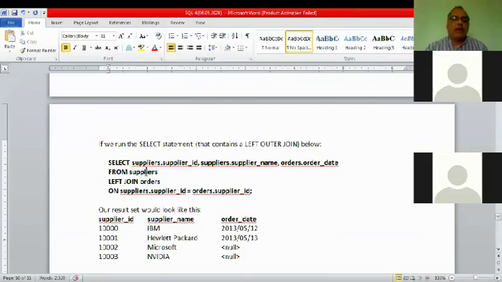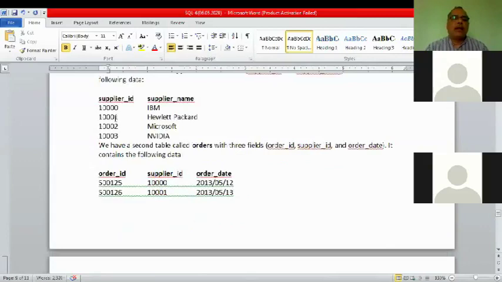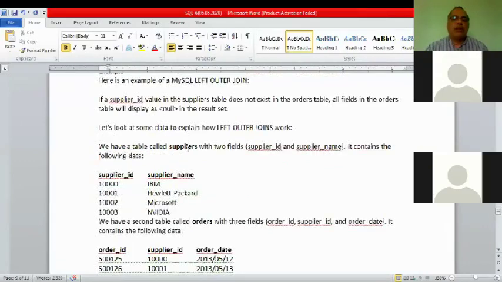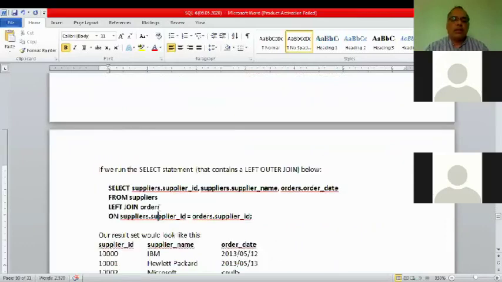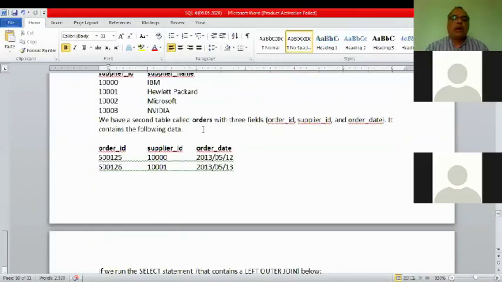That is left table. On suppliers dot supplier ID. Again check supplier ID, that is belonging to suppliers table. So suppliers dot supplier ID is equal to orders dot supplier ID. This supplier ID belongs to orders.